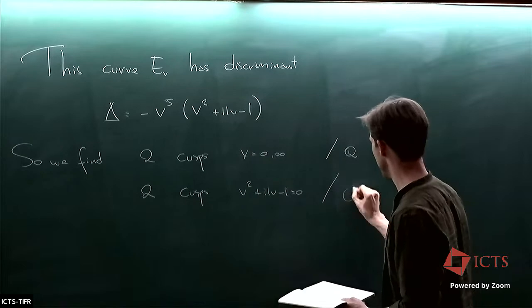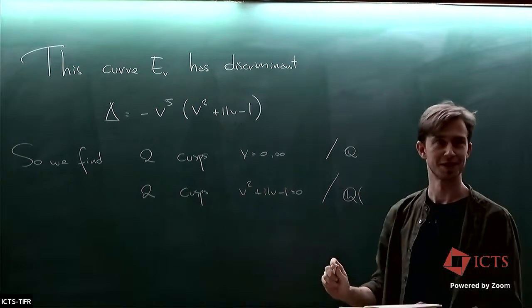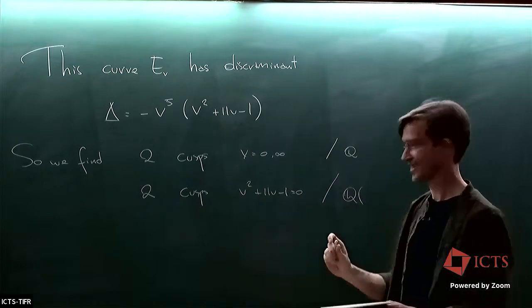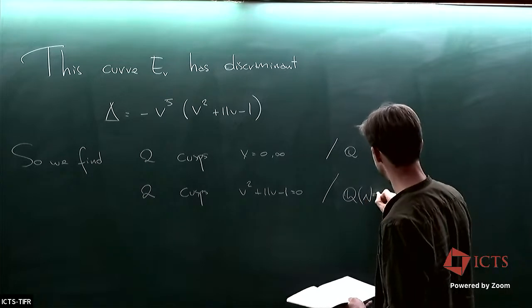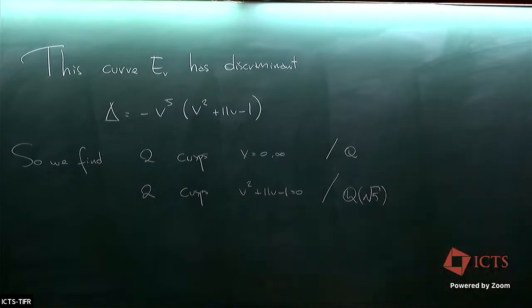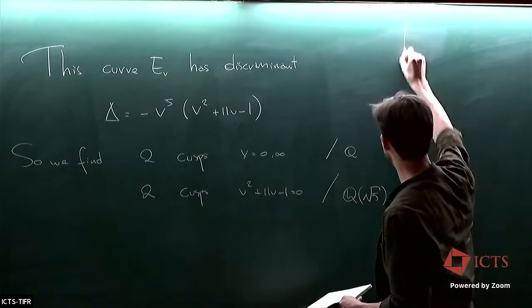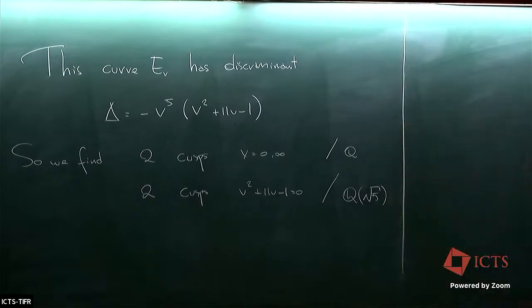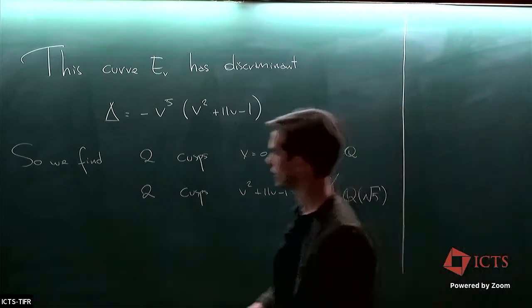They're defined over, who calculated it? Yes, thank you. So Q square root of 5. Okay, keep this one in mind. We'll try and see if we can make sense of this in general, because of course this begs the question,